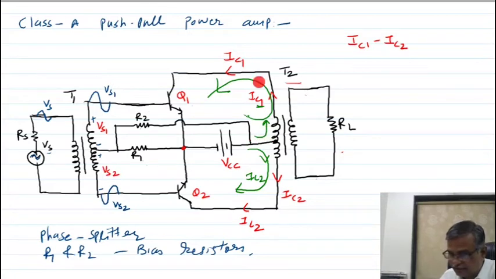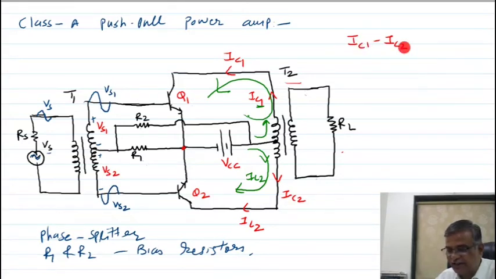So this collector current will flow here like this. When VS1 is positive, at the same time VS2 is negative, so this becomes less positive, but collector current will flow here. But IC1 is more than IC2 because this is more positive. So IC2 is small, IC1 is more. As this increases, IC1 increases. So you will get the voltage across here proportional to this.